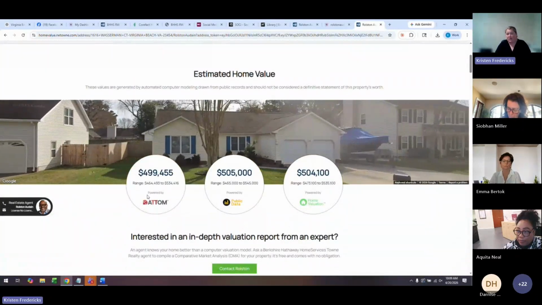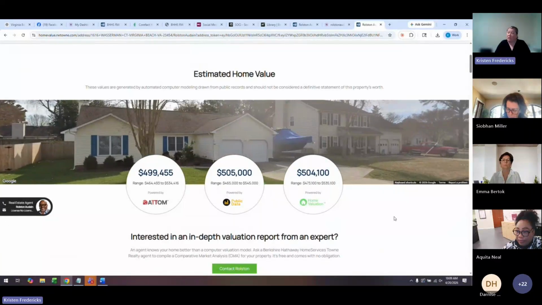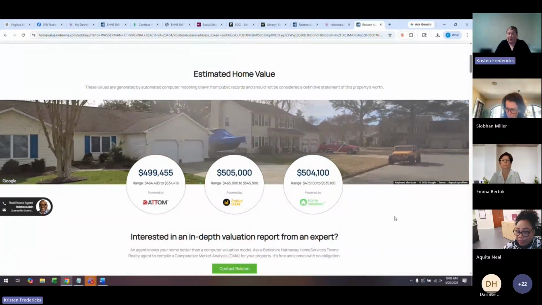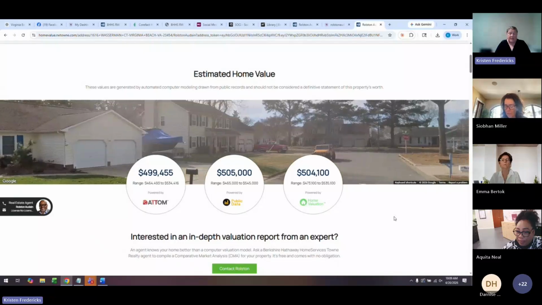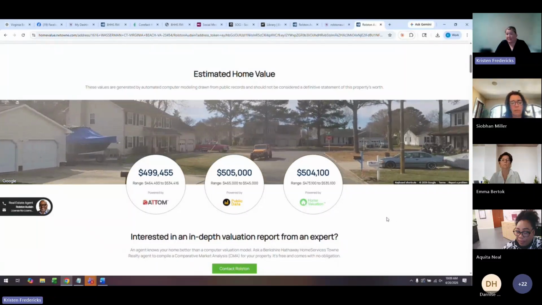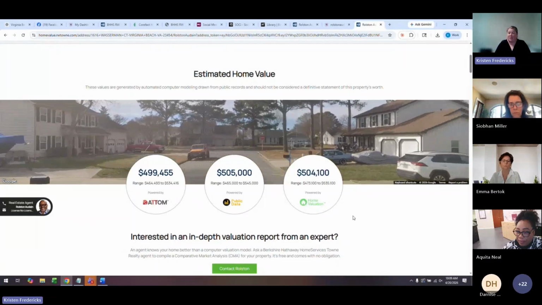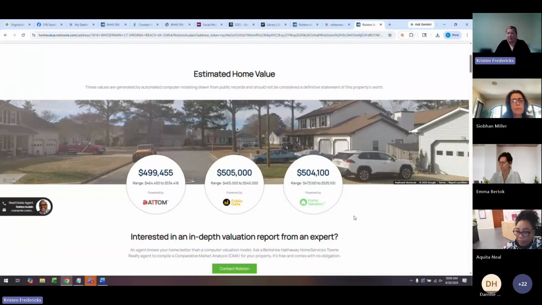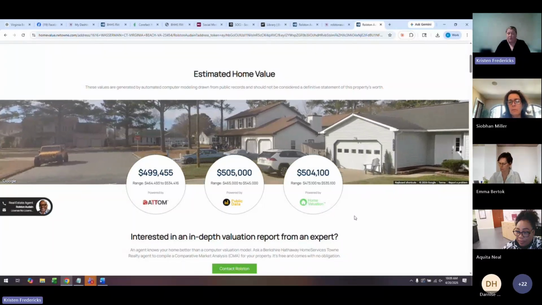But it's going to start to go to the home values, and it's going to give 3. Now, these 3 can change based on your location. Sometimes we will see Zillow pop up here too with the Zestimate. Sometimes there may not be 3. It's going to try really hard to give us 3, and it's going to be a couple of different